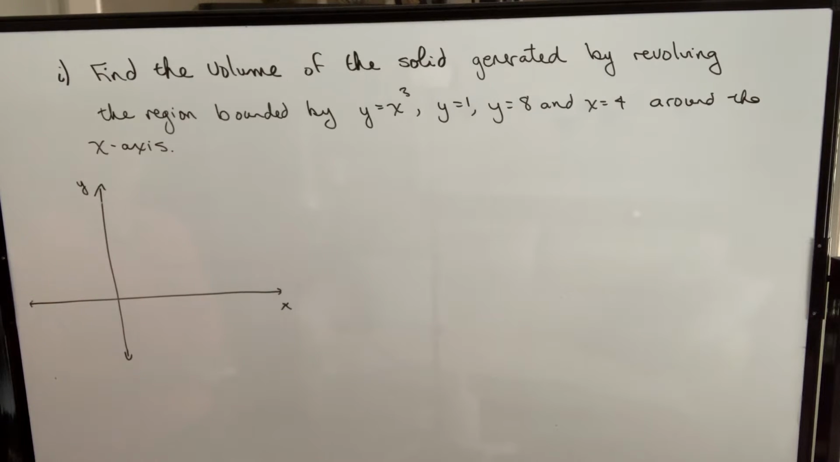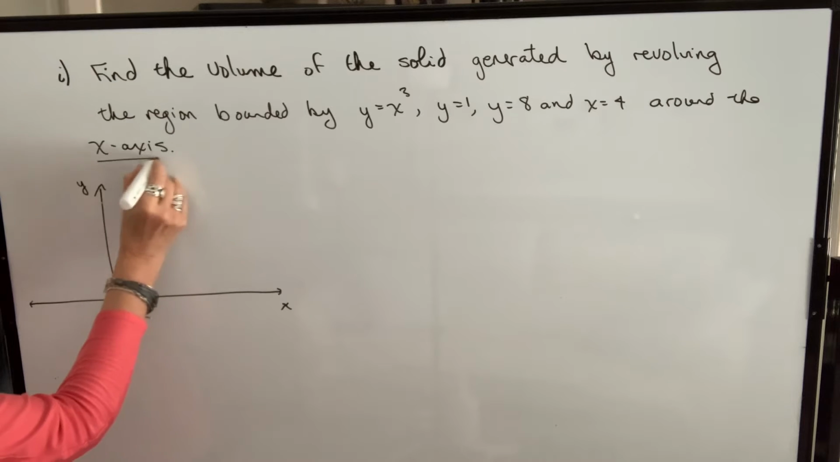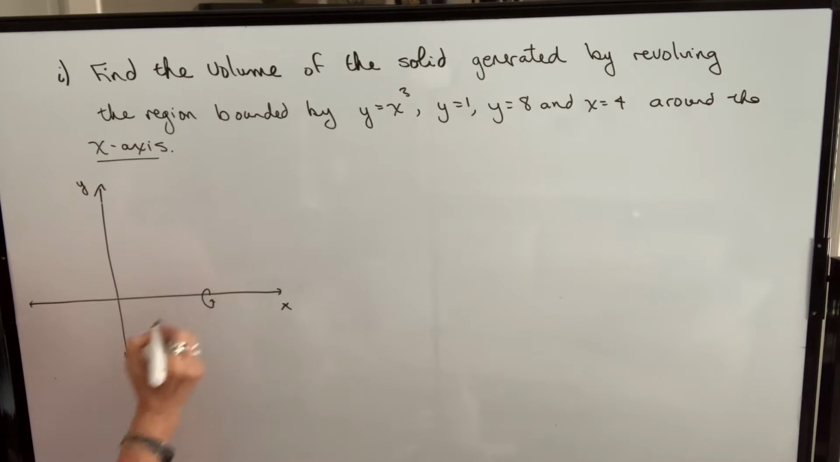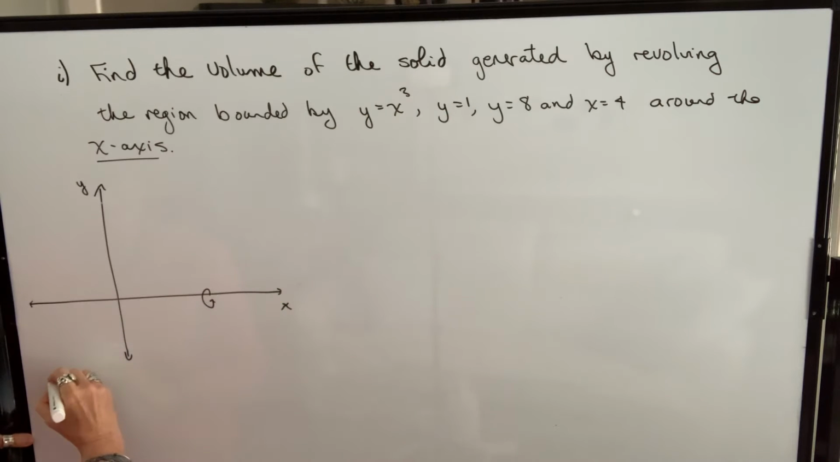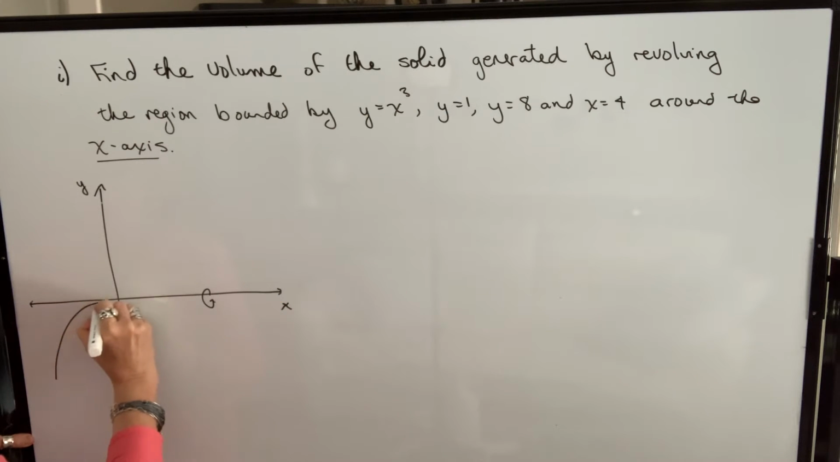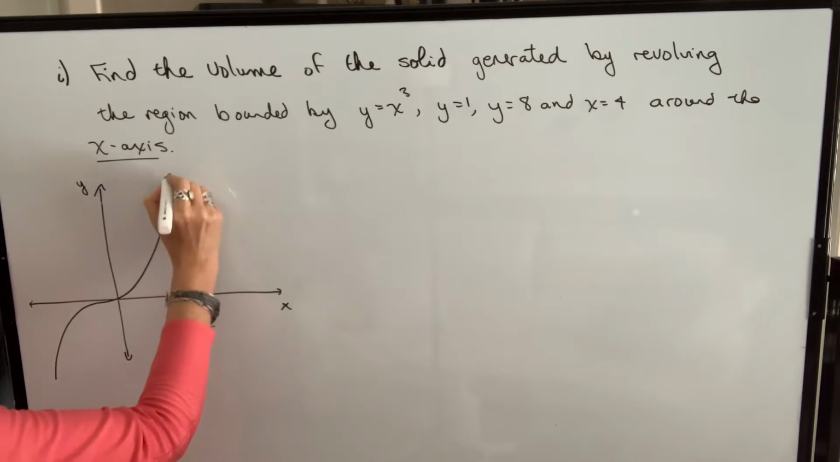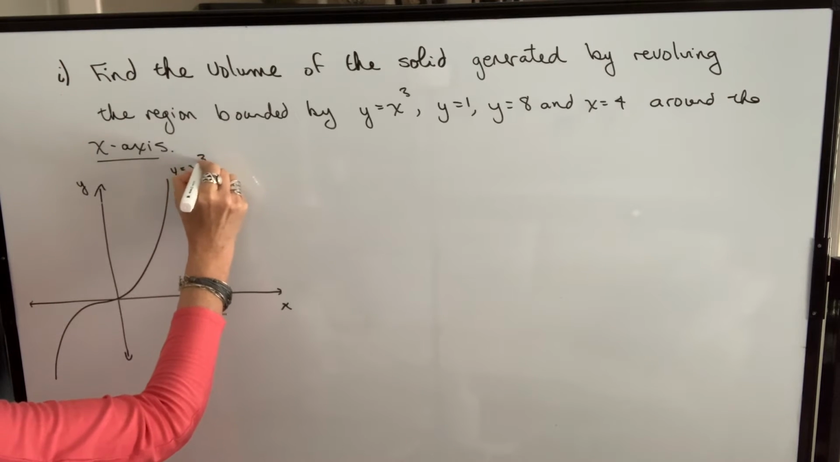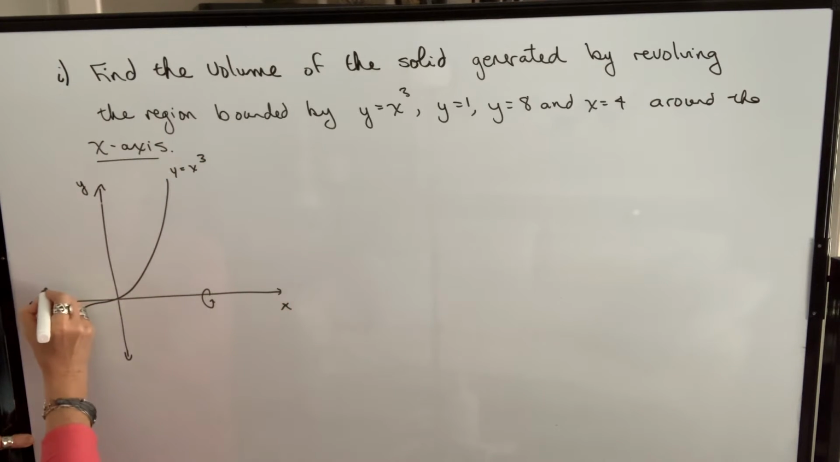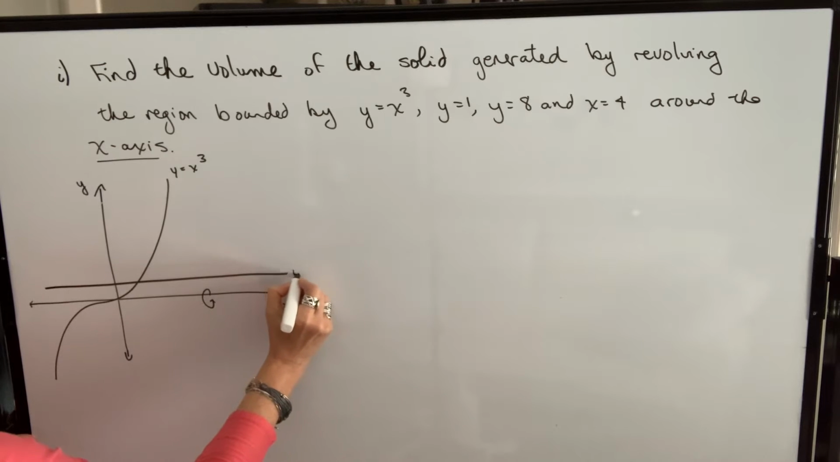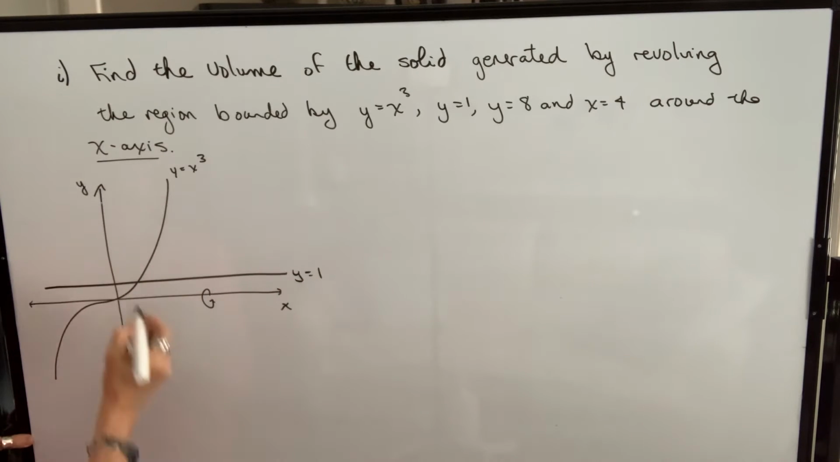Our example says, find the volume of the solid generated by revolving the region bounded by y equals x cubed, y equals 1, y equals 8, and x equals 4 around the x-axis. So we're rotating around the x-axis. And let's draw all of those functions. Y equals x cubed, y equals 1, y equals 8,